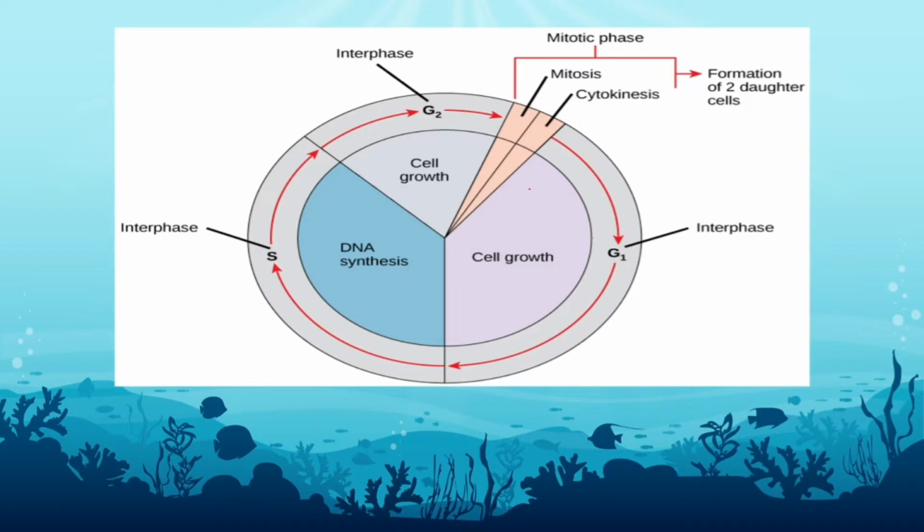If we look at the diagram, the cell cycle starts from here. After cytokinesis, or after the completion of one division, the cell enters the G1 phase. This G1 phase is the growth phase. If the cell has not grown enough, how would it divide into daughter cells? So the growth of cells is very important, and this growth takes place in the G1 phase. This is the longest phase.